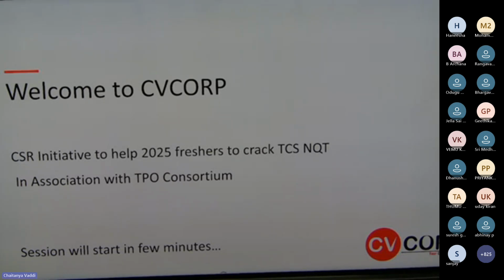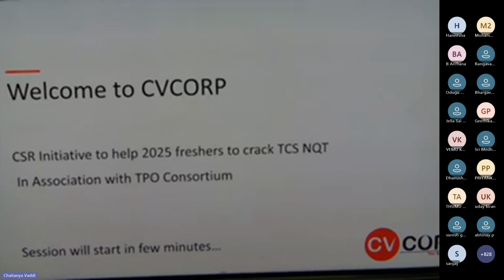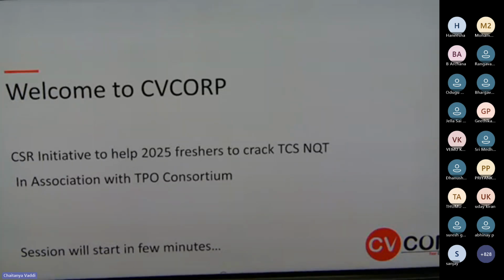If you come to the CV Corp dashboard, this is where we have captured all the data in a detailed way: the number of students who got placed through CV Corp from the day we started the company, 2017, till 2025. Last year, we trained and placed about 307 people across 83 companies. There was one guy, a mechanical graduate from TKR college last year, who got placed with a 10 lakh package.